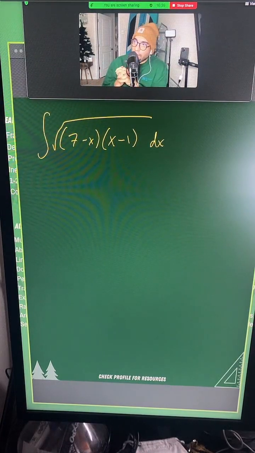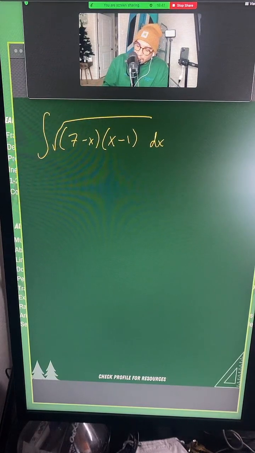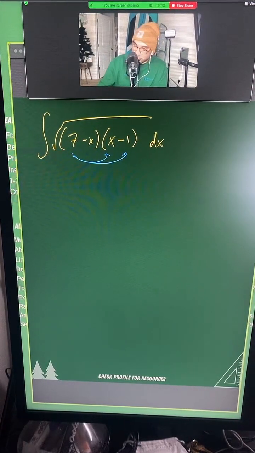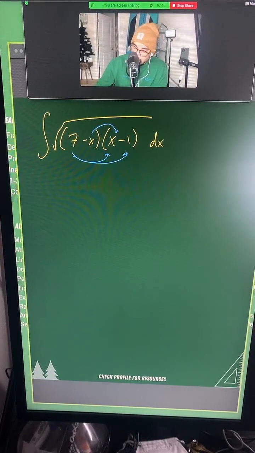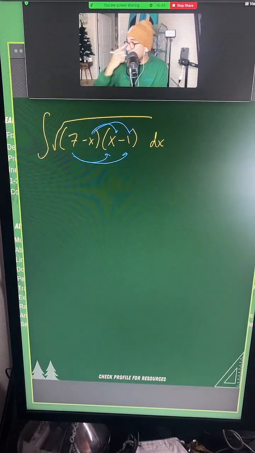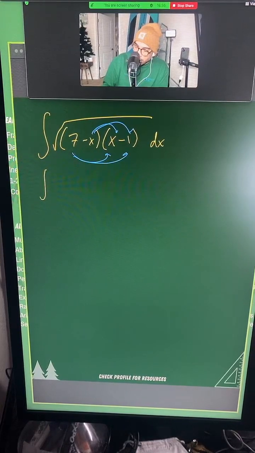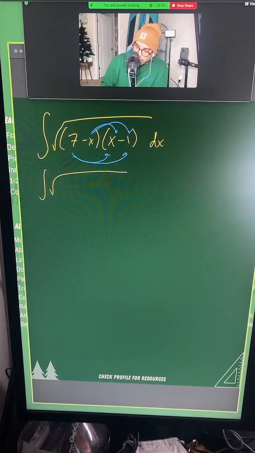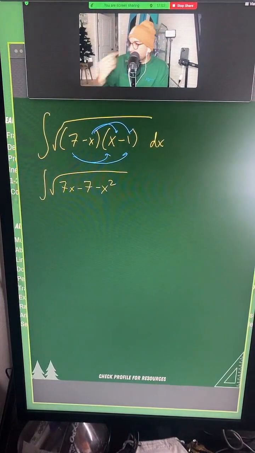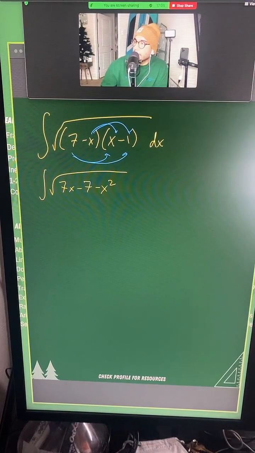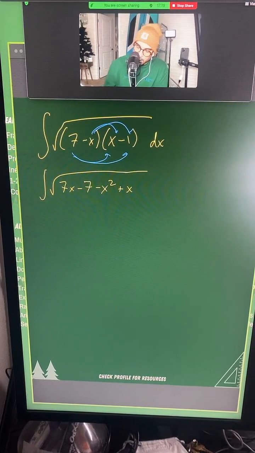I think the first thing, whenever you have something like this, obviously a little complicated, let's just go ahead and distribute this using the FOIL method. Ooh, Owen said u sub, but I'm curious how that's going to work. Owen, if you feel like you know what value for u we should do, go ahead and let me know. Okay, so now I have the integral of, let's go ahead and do, this is 7x minus 7. I will do that, Tommy, okay? And then let's go ahead and do plus x. I believe that is correct.